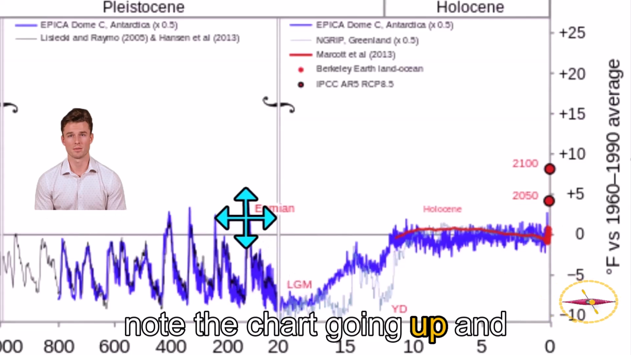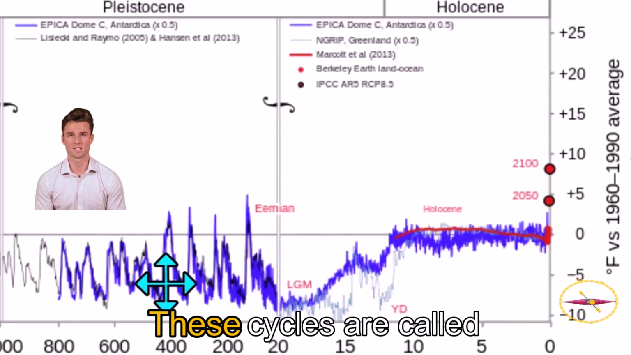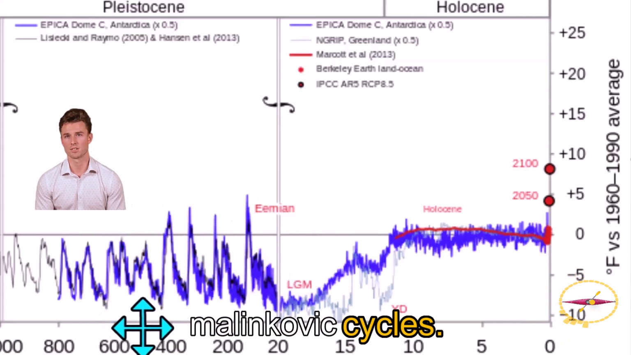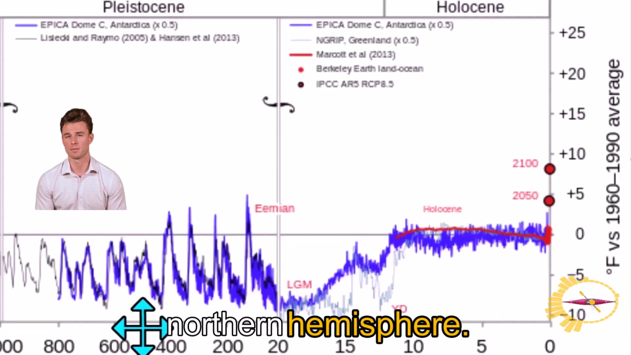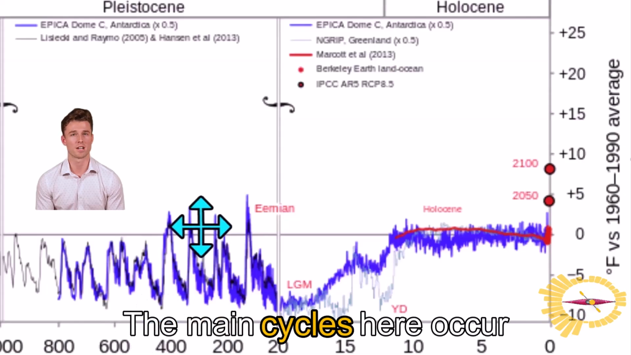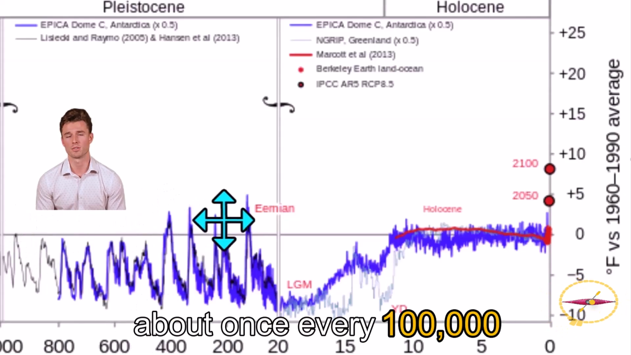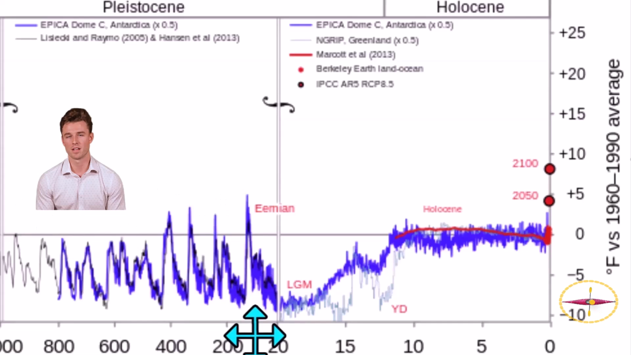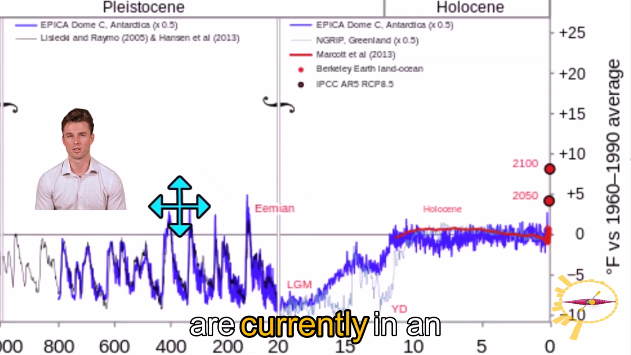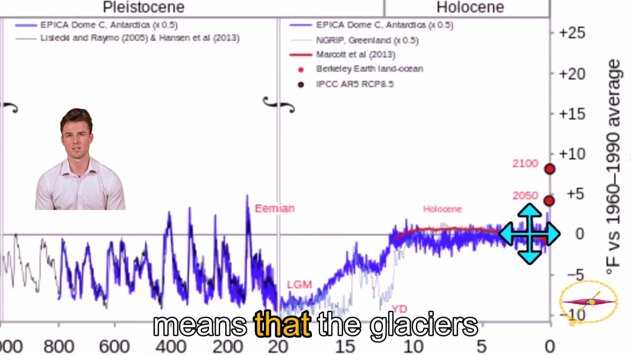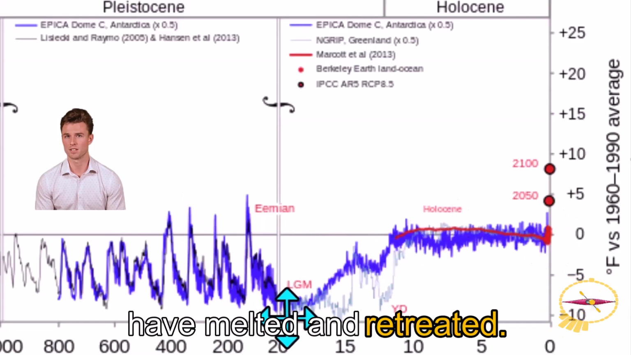Note the chart going up and down here. These cycles are called Milankovic cycles. They represent the coming and going of glaciers in the northern hemisphere. The main cycles here occur about once every 100,000 years. I want to point out that during the preceding 4 interglacial periods, and we are currently in an interglacial period, which means that the glaciers have melted and retreated,